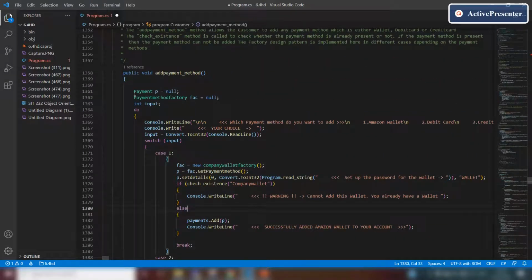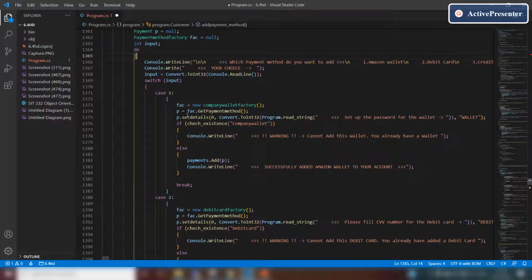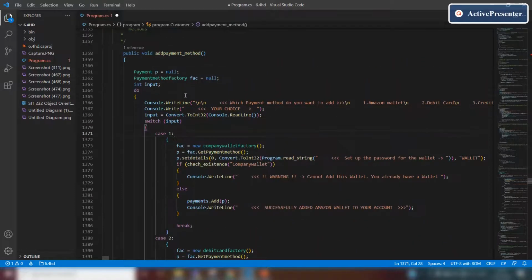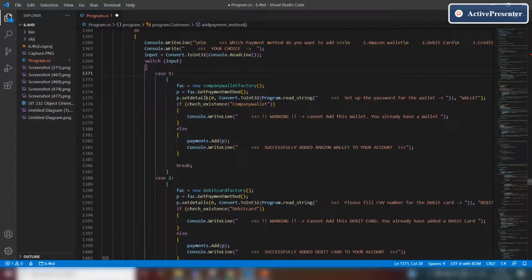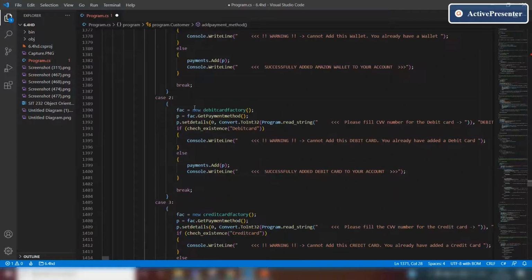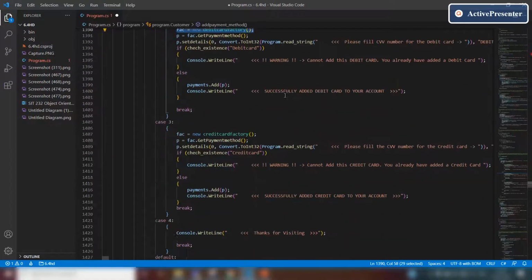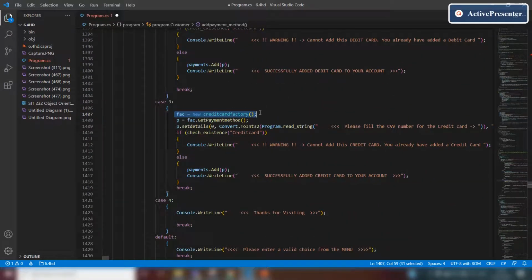And this is the payment class object P which is initialized using the FAC object of payment method factory using the get payment method. Similarly, this is initialized with debit card factory when the user wants to add debit card. Similar in case for credit card.